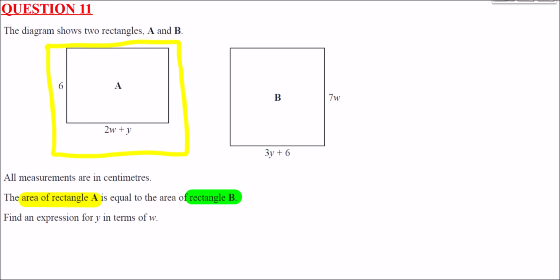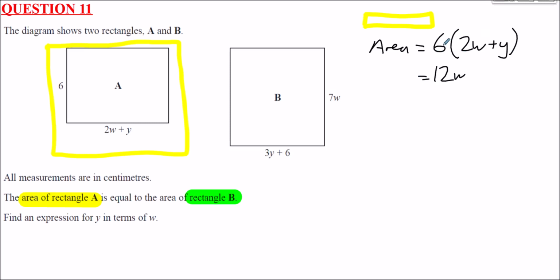So for this one, it's going to be the area, 6 lots of 2w plus y. So 6 times 2w is 12w, and 6 times y is 6y. So that area is 12w plus 6y, whereas rectangle B